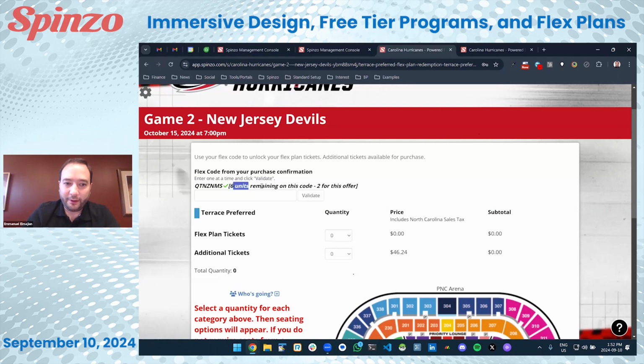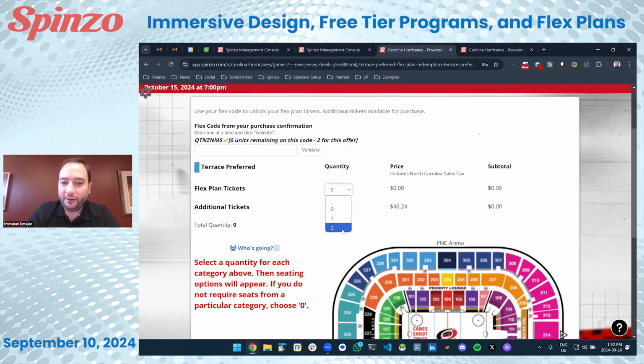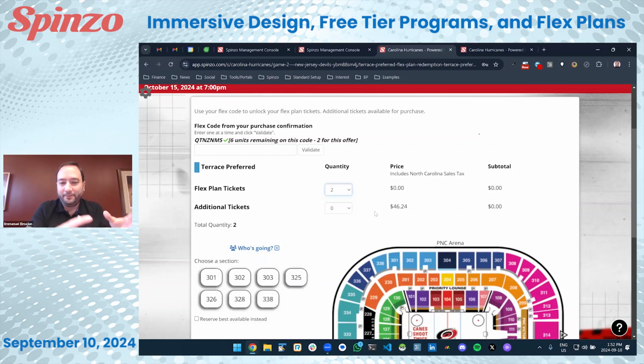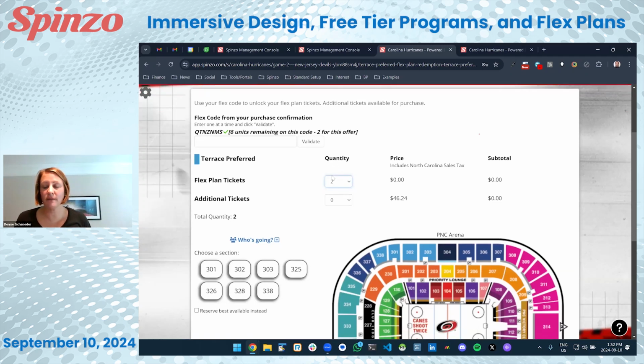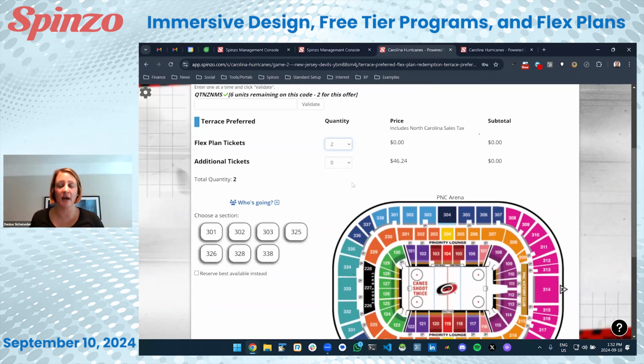Now it's identifying we have 6 units on this code, 2 for this offer. So that means I could only use up to 2 because Denise bought 2 3-game flex plans. She could use 2 tickets for 3 different games. Yes, exactly. And Courtney, your question about if you have games priced differently, yes, you can just go ahead and